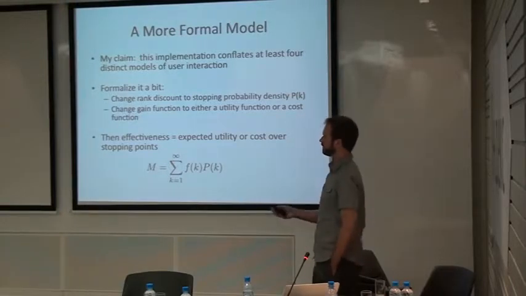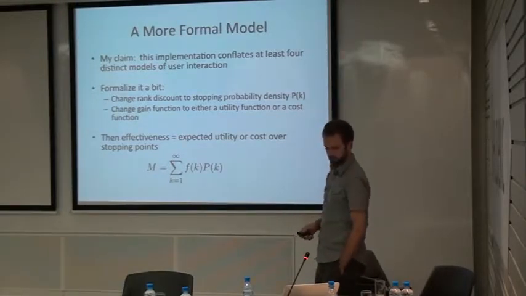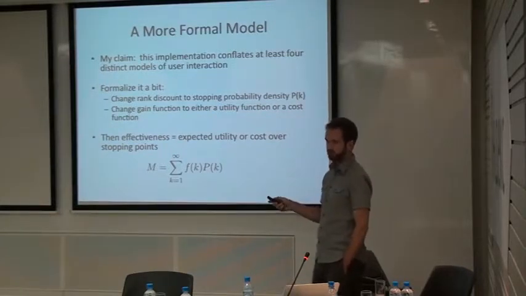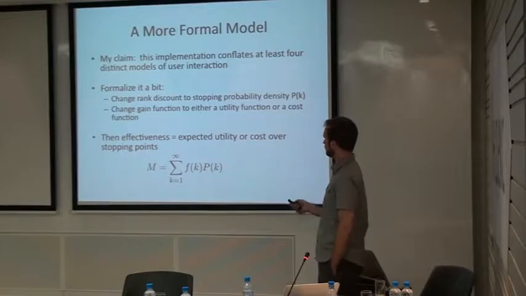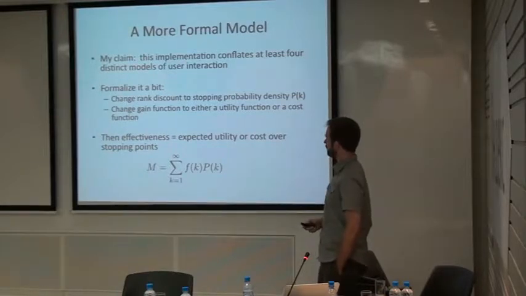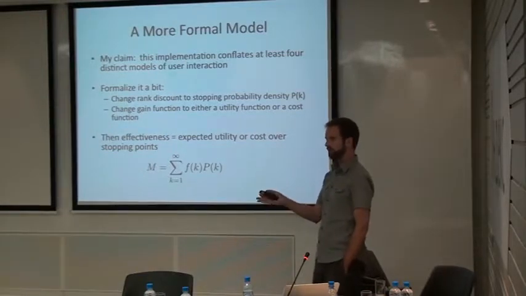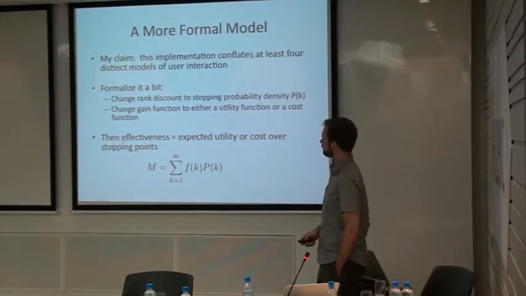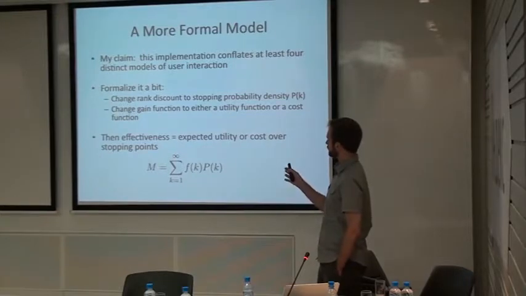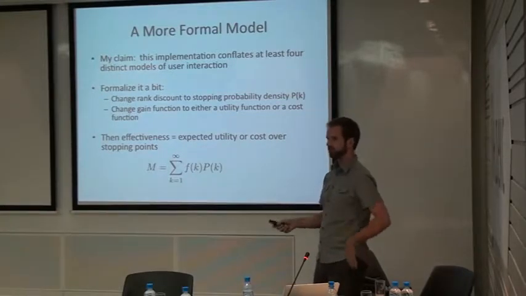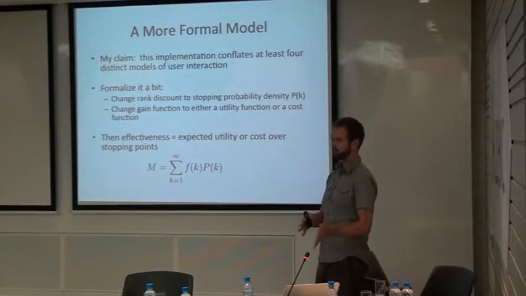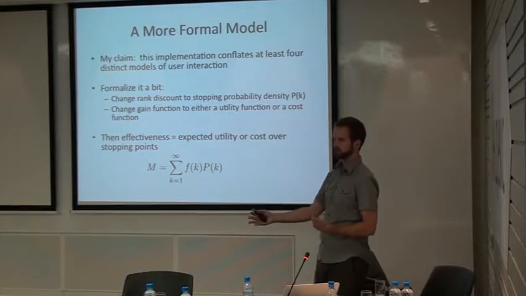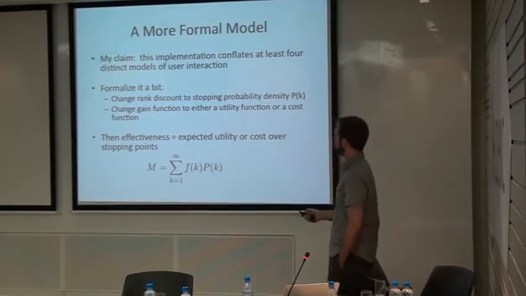And then the last measure I'm going to talk about is expected reciprocal rank from Yahoo, published at CIKM in 2009. And this is essentially a modification of the RBP model. So this is the graphical model that I showed for RBP. In the ERR model, instead of a probability that you view the next item or you stop being a flat probability, it's going to be based on the relevance of the item that you view.